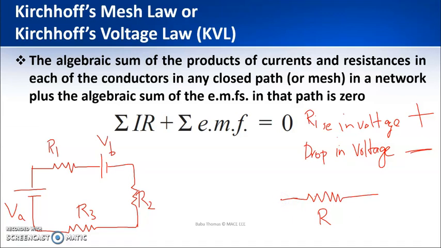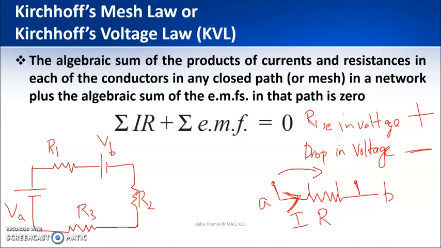So basically what happens is that when the current is flowing through this resistance R, voltage is dropped across this resistance. So there is a voltage drop across the resistance. So the potential over here will be different from the potential over here. If I am assuming a current direction like this, and I am moving from point A to point B, then with respect to point A, the point B will be at a lower potential. So when I am moving in this direction, it is a drop in voltage, so it should be marked as negative.